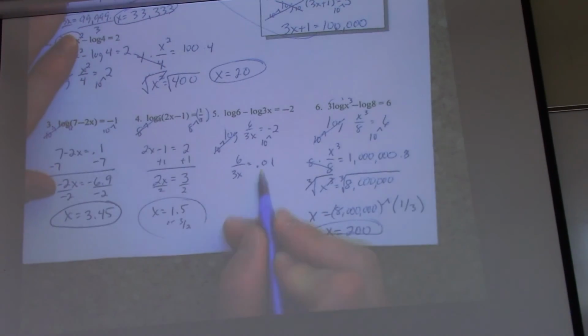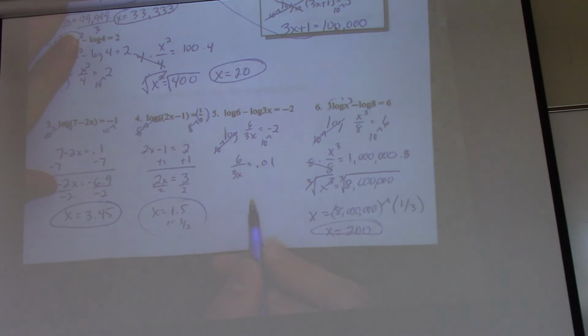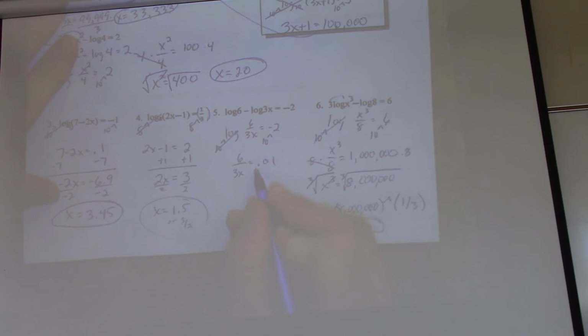What about for this one here? I talked to a few people about this. If I put this over 1, this is a proportion. Let's cross multiply and divide. So 6 times 1 is just 6. If you use your calculator, 3 times 0.01, so think about it, if I give you a penny and say multiply it by 3, what do you got? 3 pennies, right? So